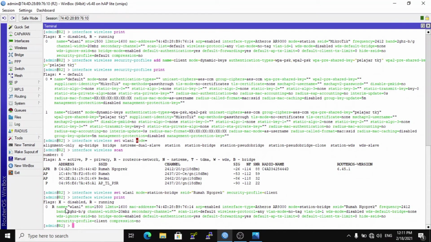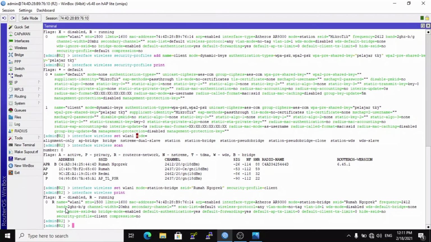Interface wireless in router 2 is connected to wireless AP bridge in router 1. Next, request an IP address from router 1.